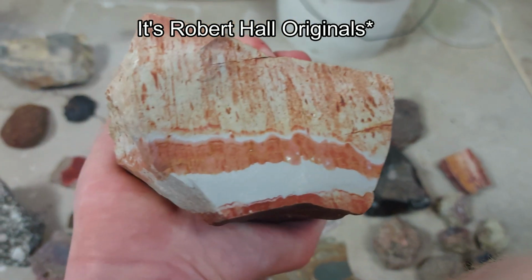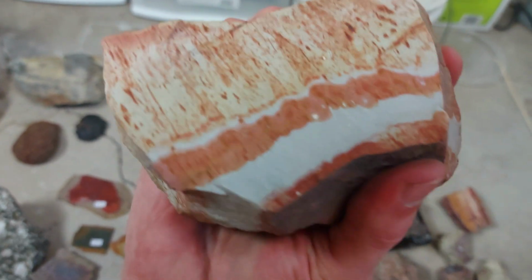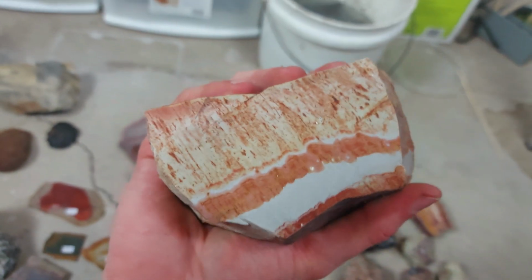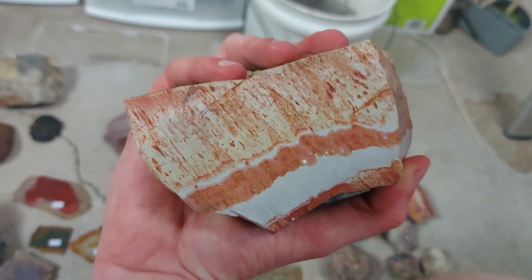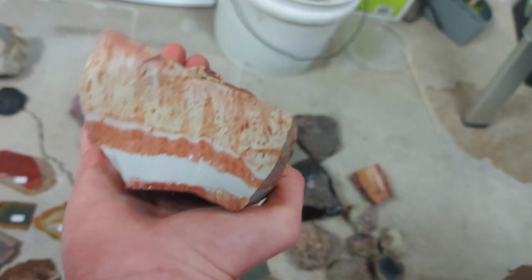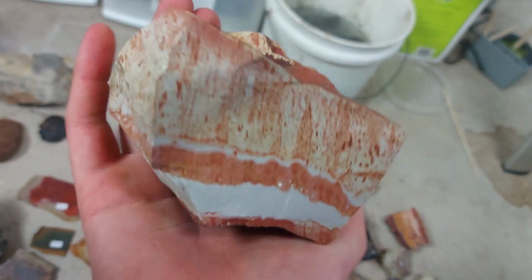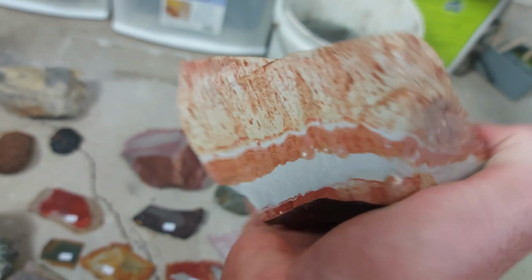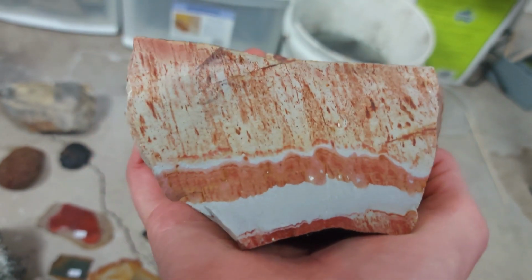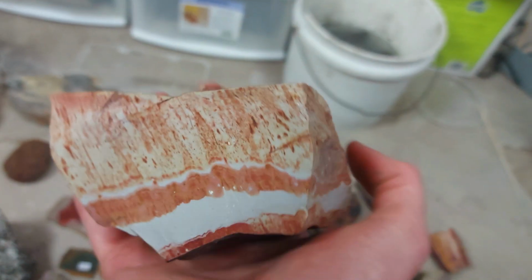Roland Hall Originals is what the shop is called. And he didn't know what this was either, but I saw it. I think it is definitely some type of rhyolite. Maybe some U.S. viewers might know what this is. He used to do a lot of wholesale, and he got a lot of material from the U.S. and then he kind of shifted towards a combination of wholesale and selling to individuals. And he has these large rock piles out back